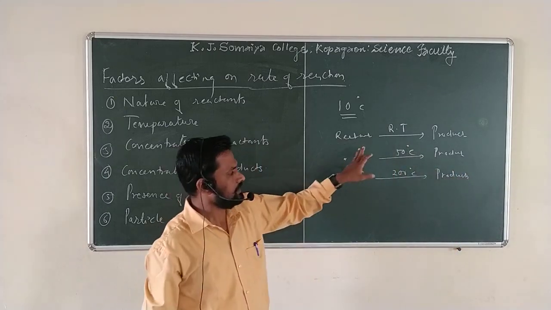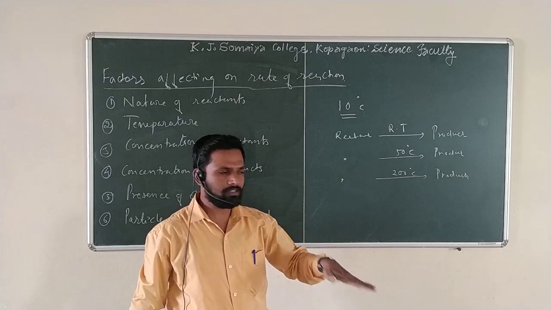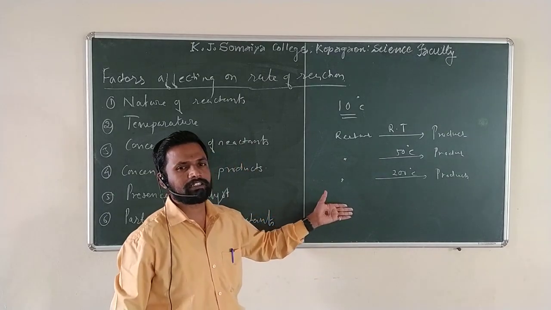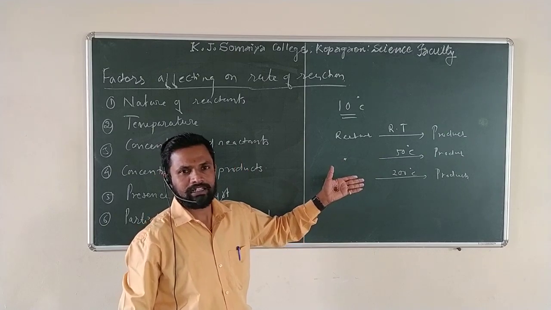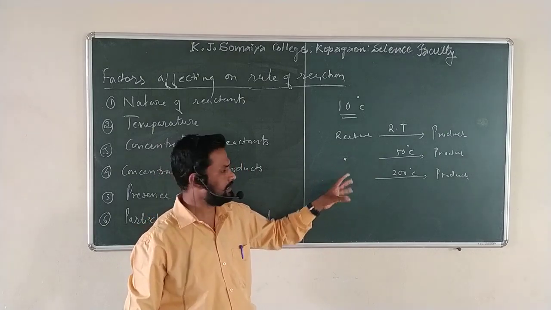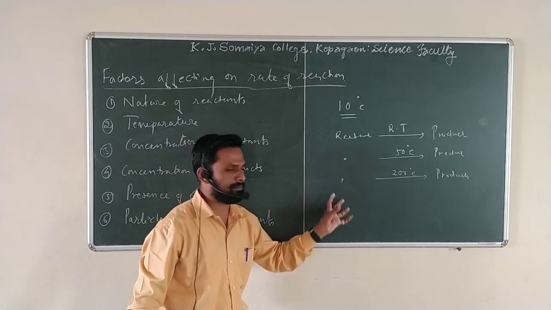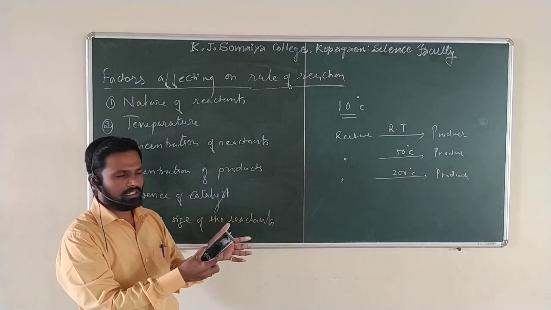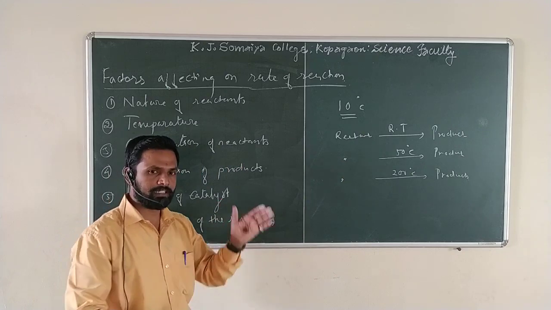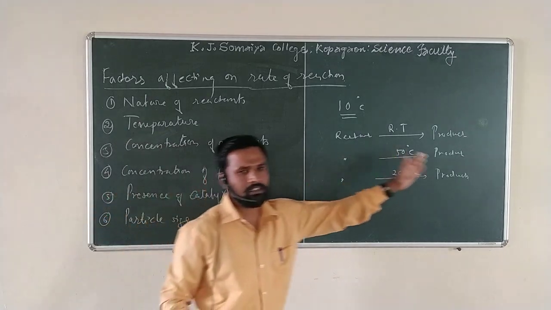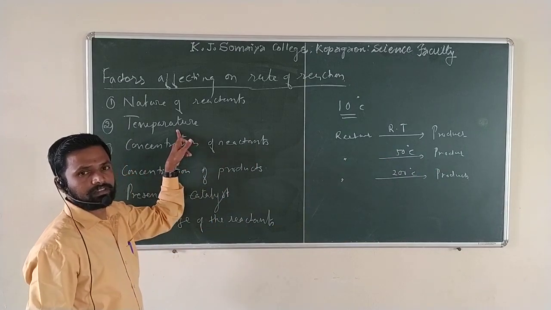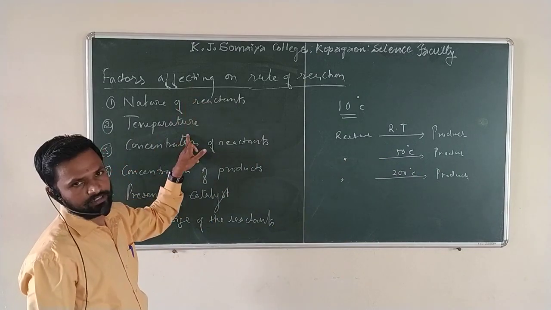Means if some reactants are at room temperature, the rate of reaction is very slow. For that purpose, a little bit of temperature is supplied. What does it mean? The collision will be high. You supply some energy between the reactant molecules, collision will be there, more crowding will be there, and the energy of activation will decrease. Likewise, the products will be formed. It means that temperature definitely affects the rate of a reaction.